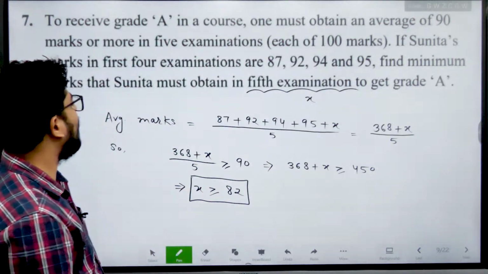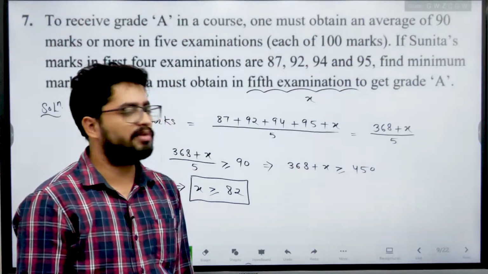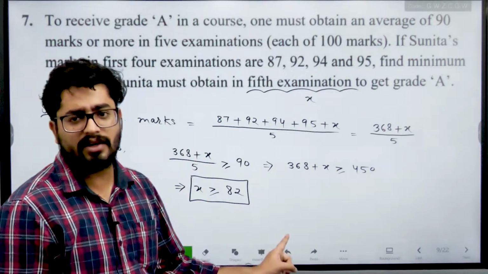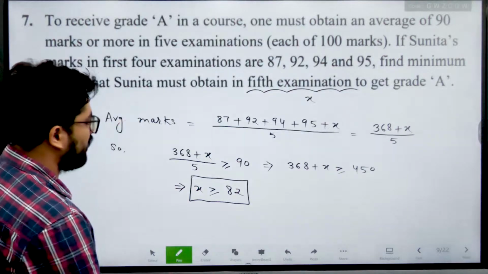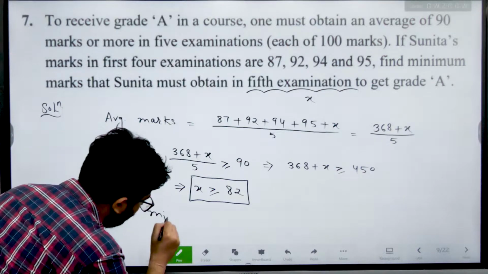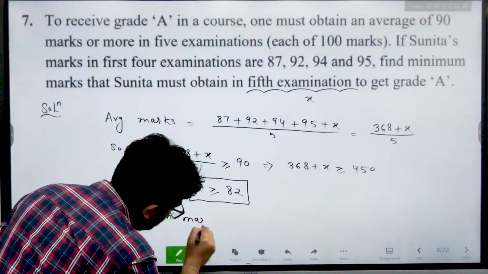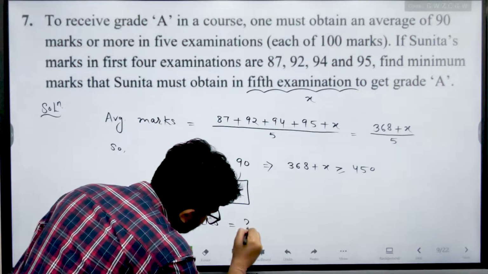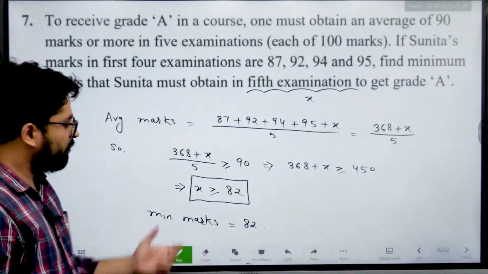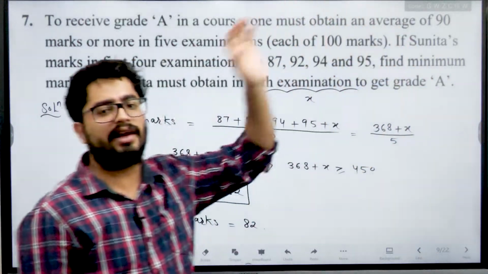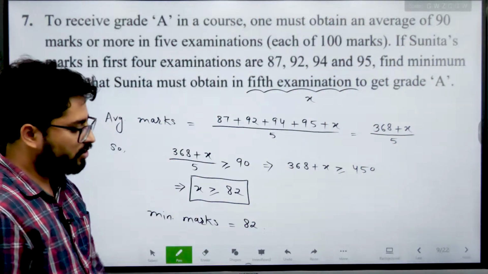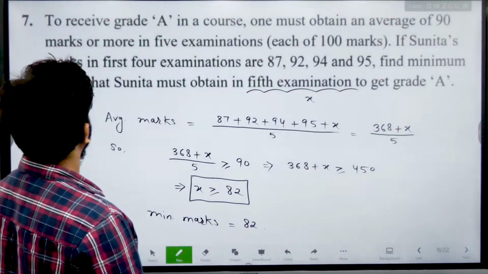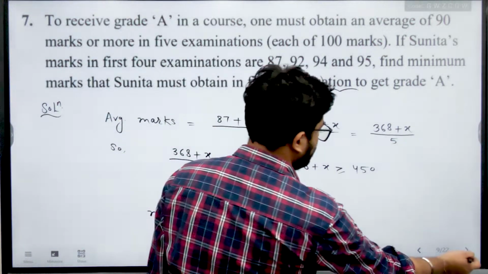So, find the minimum marks that Sunita must obtain in the 5th examination to get grade A. Her marks must be greater than or equal to 82. So minimum marks are 82, the minimum marks to obtain grade A. So this is your final answer. Got it? Now the next question is,